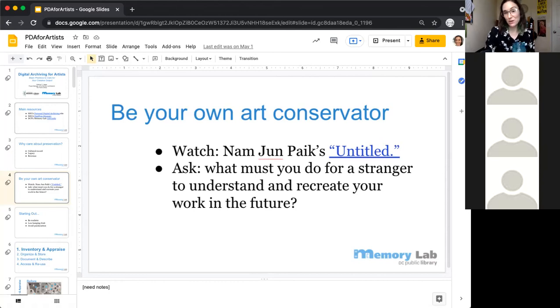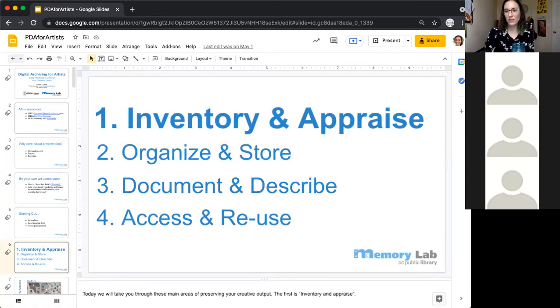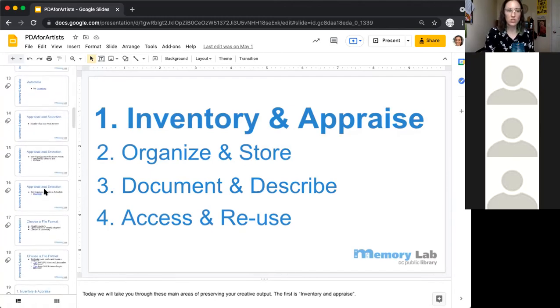And to teach people how to be their own art conservator, so that hopefully someday they'll have their collections in such great state that once MoMA calls and says, "Oh, we want to acquire stuff," you have it all ready for them, and they'll be so impressed. So be your own art conservator, right? It still follows these very similar personal archiving basics of inventory, appraising, organizing, storing, documenting, describing, and then providing access. But with specifics to